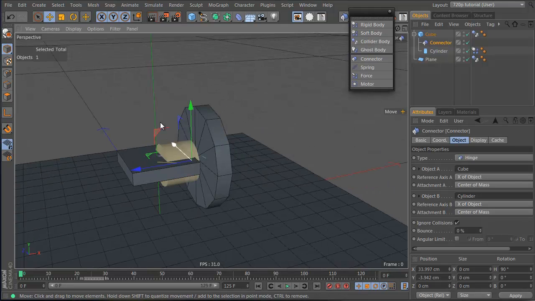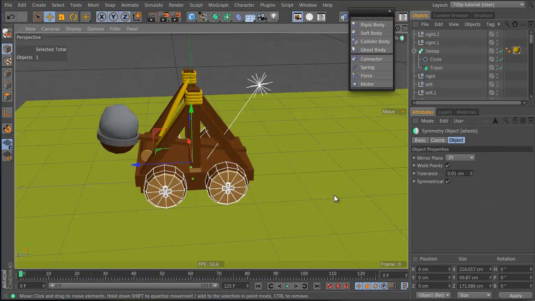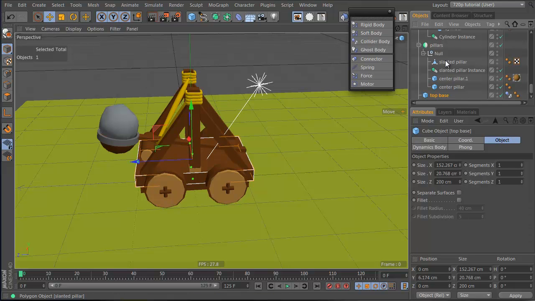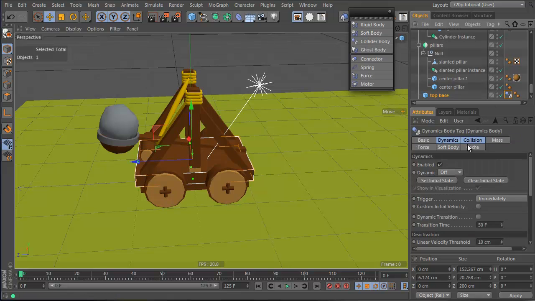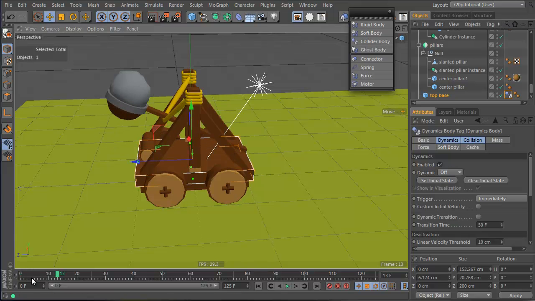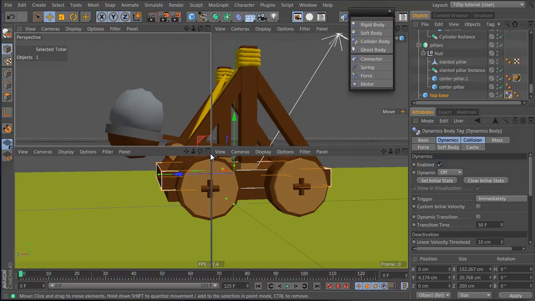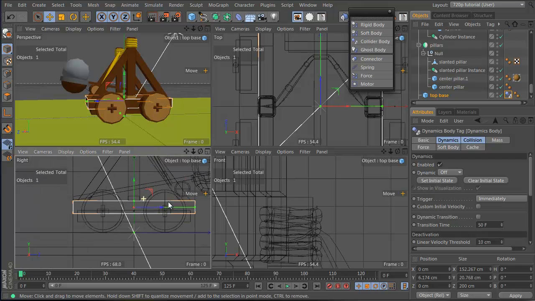So now that we know what we're doing, let's go back to our catapult window. So our collider cube is going to be this object here. Let's scroll down to first active, and it already has a collider tag on it. Or is it dynamics body? No, it seems like collider. Okay, good. So what we're going to do is we're going to keyframe this guy. Now remember, we want this guy to be lower than he was before. So, and this will be at frame 10. So this is where he's going to be at frame 10. So let's press F9, or no, let's just press the keyframe key. Now at frame,